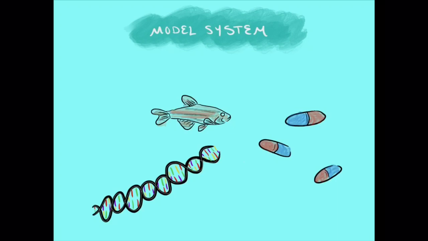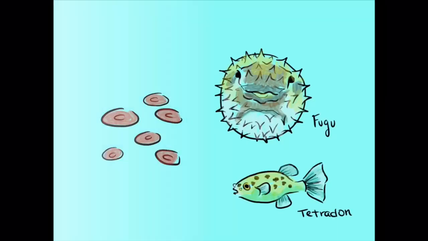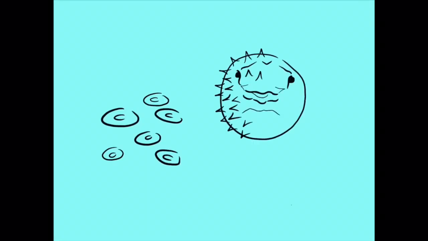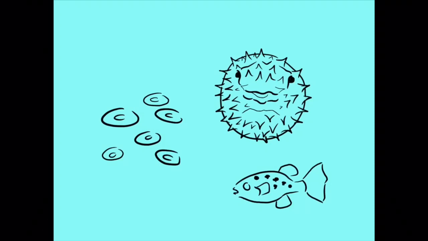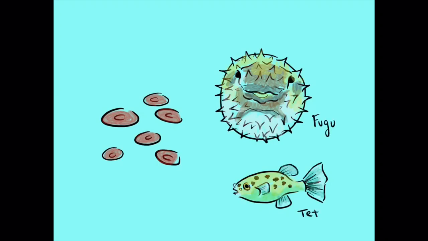Most notably, zebrafish have been used to identify molecules that increase blood stem cell counts. These molecules were then used in clinical trials on leukemia patients who possess few blood cells due to chemotherapy, and the blood cell count increased in 10 out of 12 of the patients. Other than zebrafish, scientists have also generated genomic sequences for fugu, tetradon, and medaka fishes.